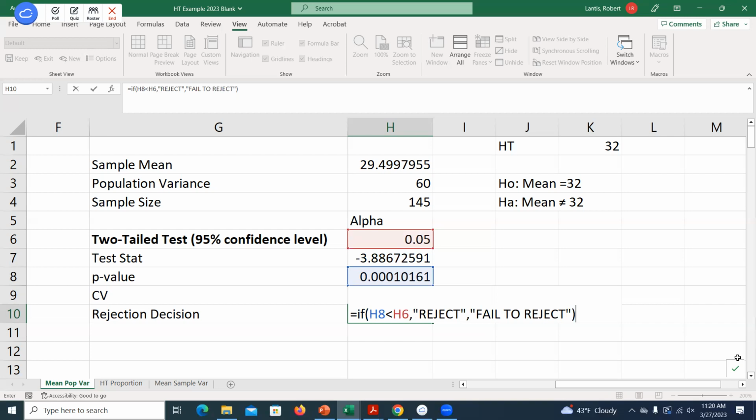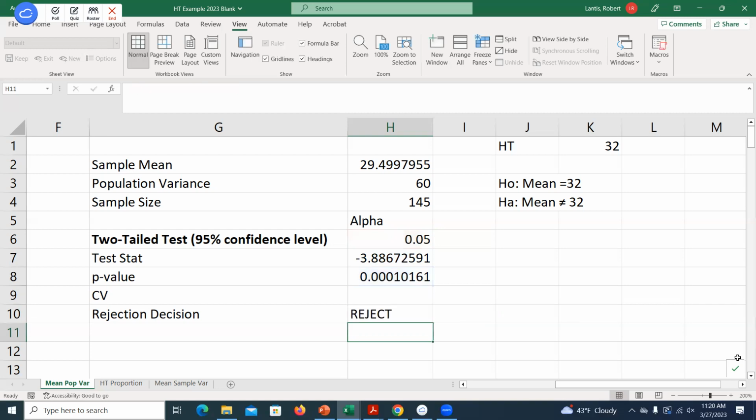This is a really small p-value. We said we should reject at every single level. I'd use an alpha of 0.05 here. Sure enough, we can reject. Okay? And if I wanted to, I could play around with 0.01, right? I can still reject at the 99% level. What about the